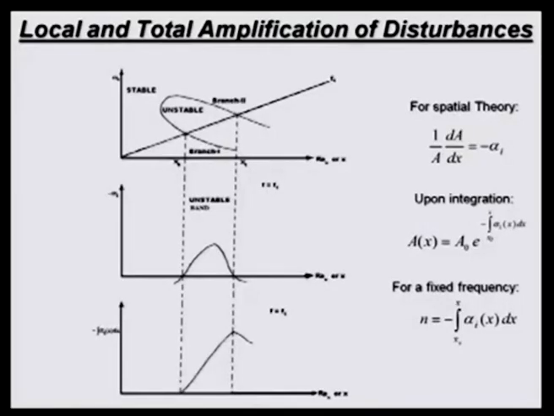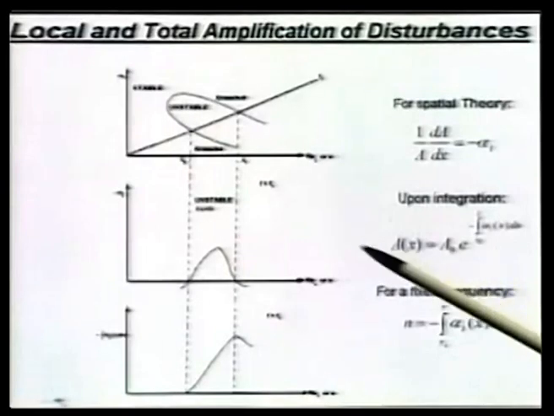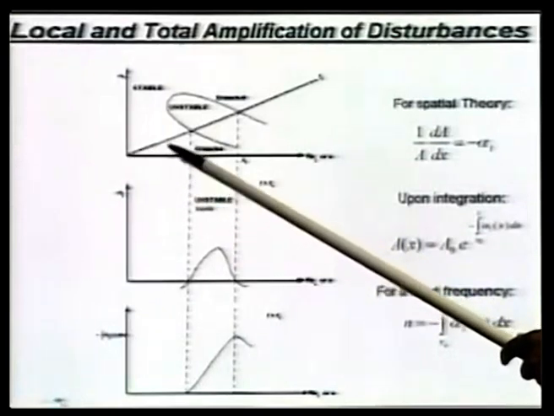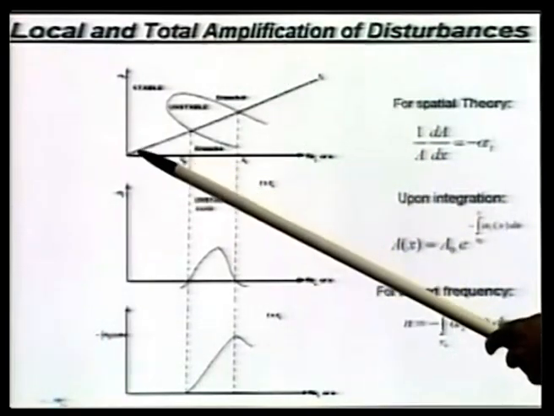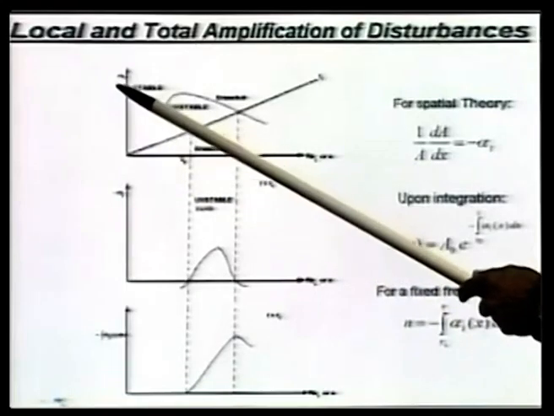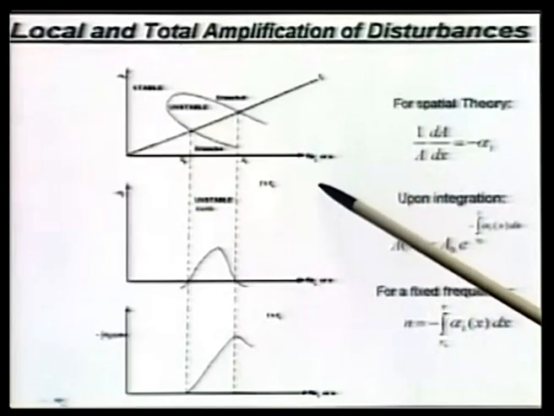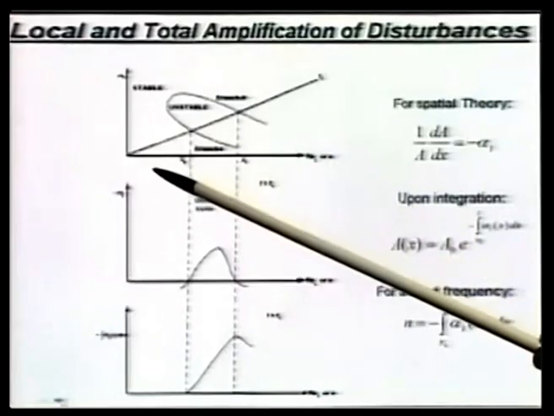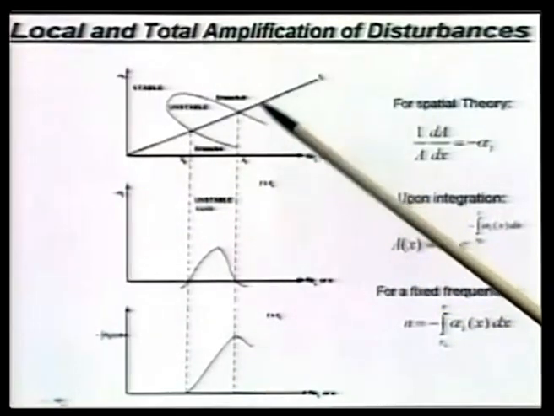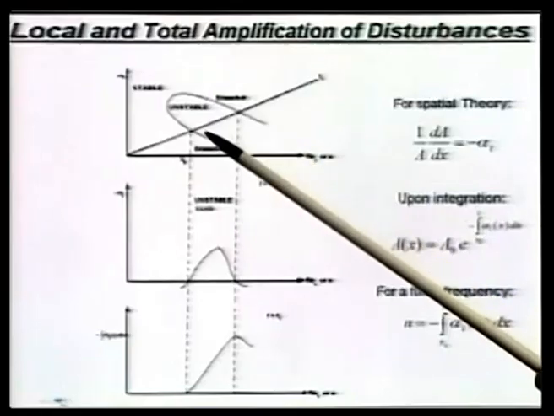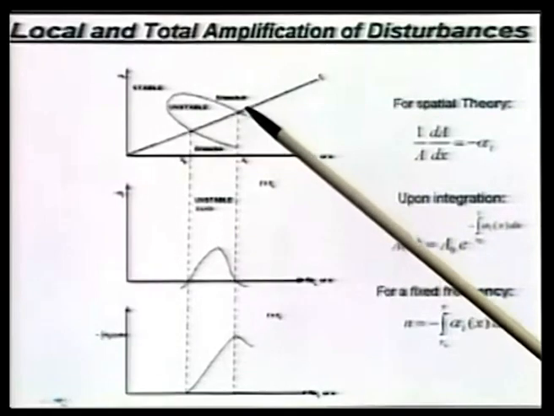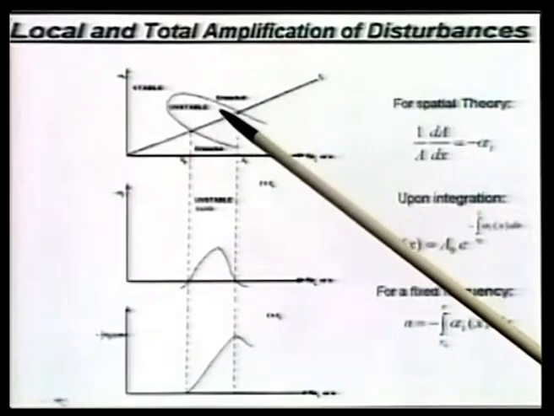And if you do that, this is the way that we said we follow a fixed frequency disturbance: those are the rays starting off from the origin. On this side we have plotted the non-dimensional frequency, on this side we have plotted the Reynolds number or x. So, a constant frequency disturbance goes like this. It is only during its sojourn through this unstable path, given by branch 1 and branch 2 of the neutral curve, that the amplitude